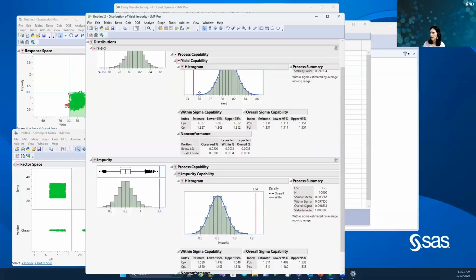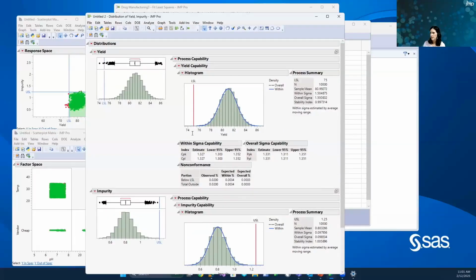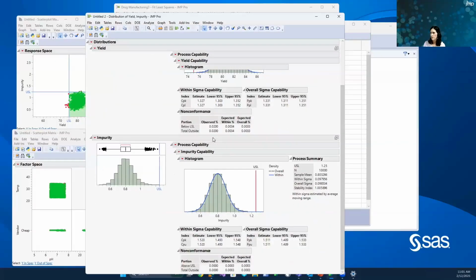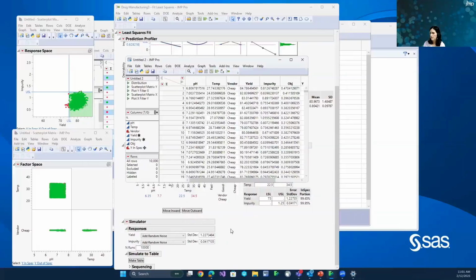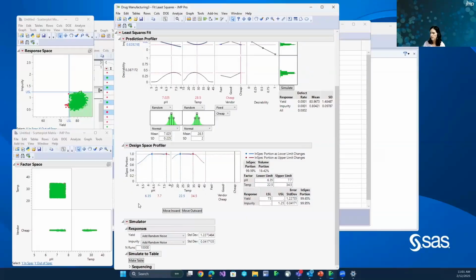So I'm going to have a very good capability and nonconformance for both of my critical quality attributes. Okay, so one last thing I wanted to point out about the design space profiler is once you find the